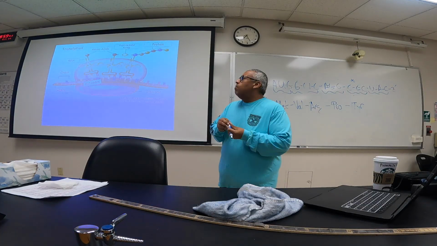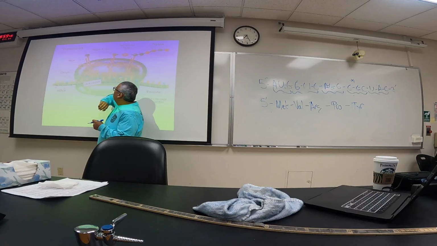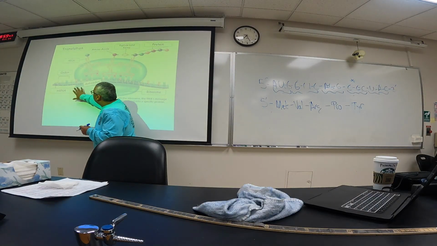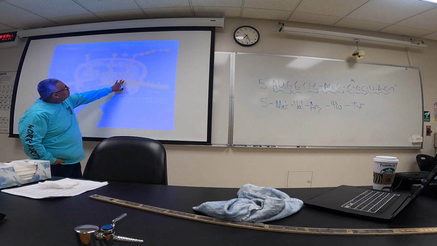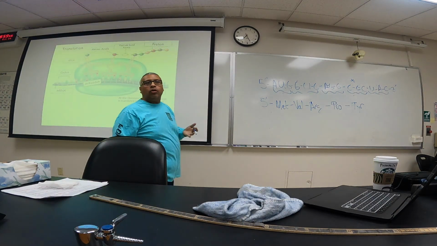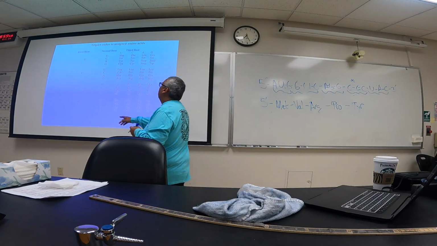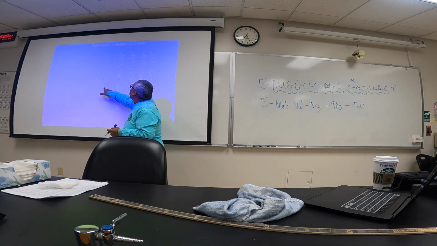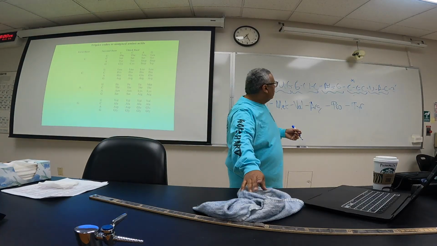So this codon is specific for some amino acid. I need to move this here. The slide's a little off, but let's take a look at this one here. So ACG is our codon. So if we go to our table, we go to A, C, G, threonine,